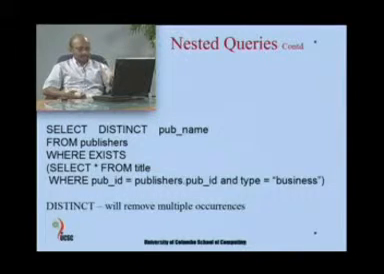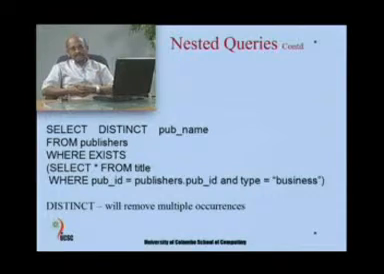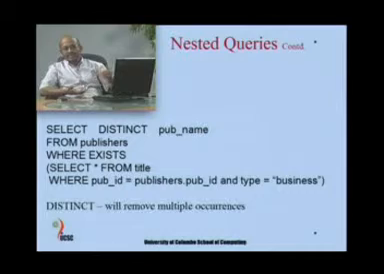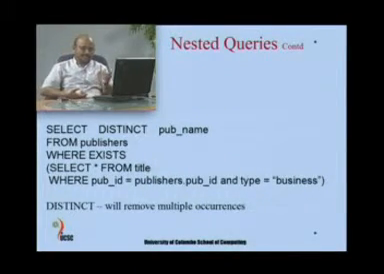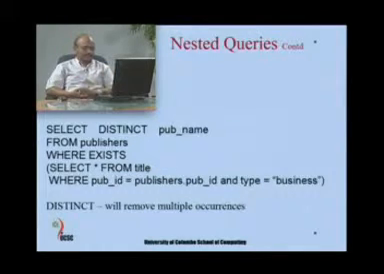So, some publishers can have several business type books. In such a case, several records will match. So, we do not want the same name appearing many times in our output. So, to eliminate duplicates, we are using the keyword called distinct. The distinct keyword is used to ensure that one publisher name will appear only once in